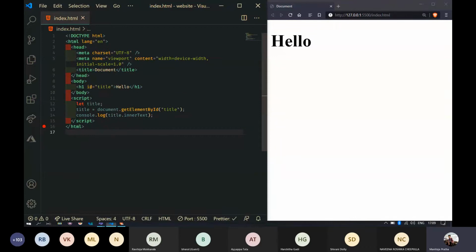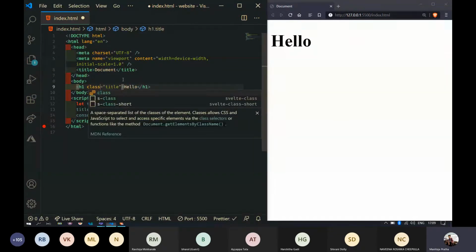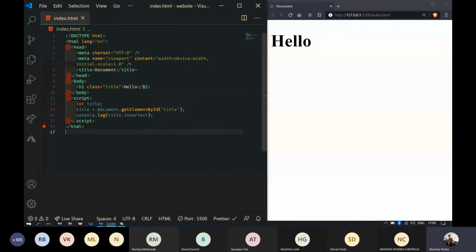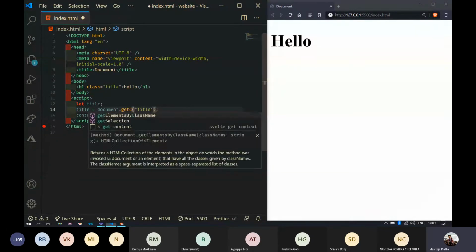Now take an instance where instead of an ID you have a class. To access elements with the help of class names, you need to use another method called getElementsByClassName.